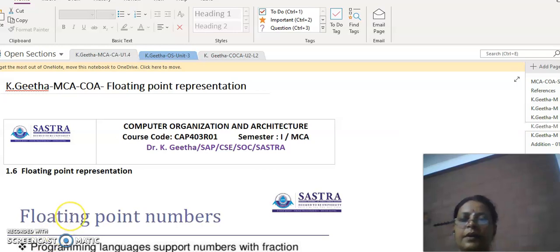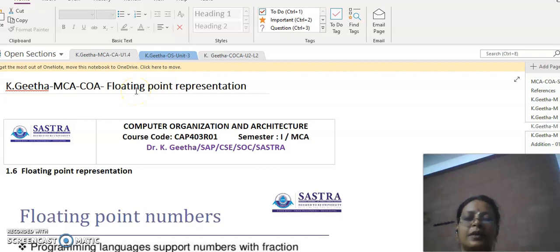Hello everyone. So in this session we are going to start our discussion on floating point representation. Whatever numbers we have discussed so far for addition, subtraction, multiplication, and division are considered only for integers. That means the point is fixed at the right extreme. Now we are going to discuss the need for floating point and how the floating point numbers